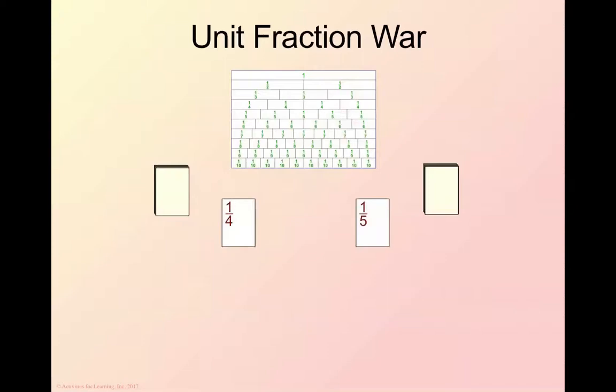So we've got two players here. One lays down 1/4, one lays down 1/5. Whose is bigger? Check with the chart if you're not certain. Here's 1/4, here's 1/5. Oh yeah, 1/4 is bigger. So that person takes it. And now we have 1/8 and 1/2. How often have your kids told you, oh, 1/8 is bigger because 8's bigger than 2? Well, not in this case. Remember, we're taking 1 and breaking it into 8 little pieces. Oh, yes, of course, that would be smaller. So the 1/2 is bigger.